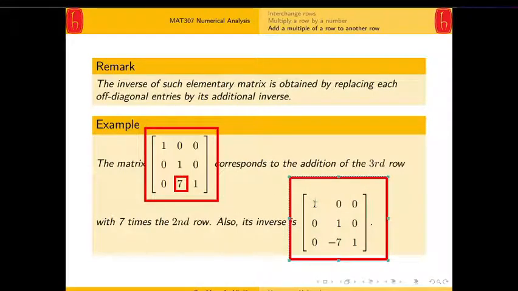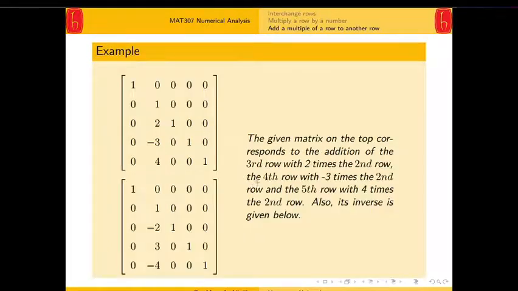So we replace each off-diagonal entry by its additive inverse. So these are all zeros, so additive inverses will be the same. And here we have 7, so the additive inverse will be negative 7. So this one,